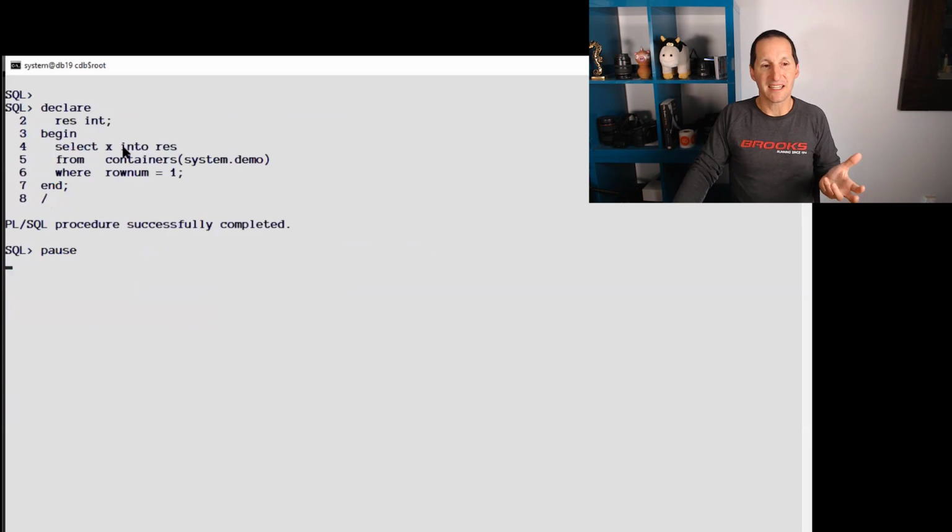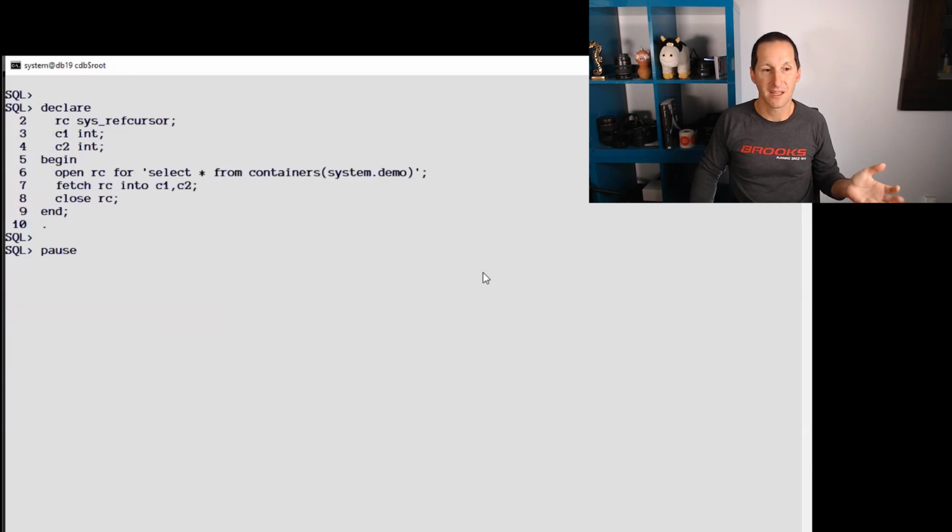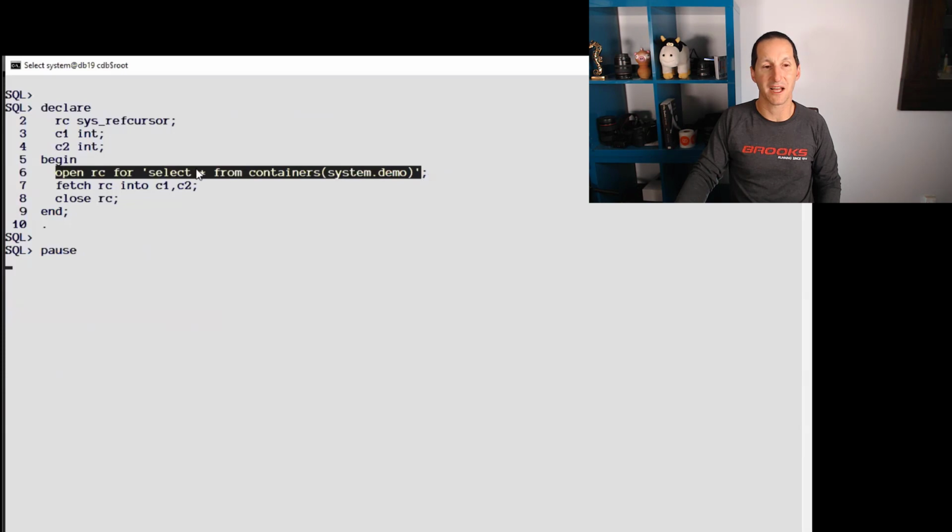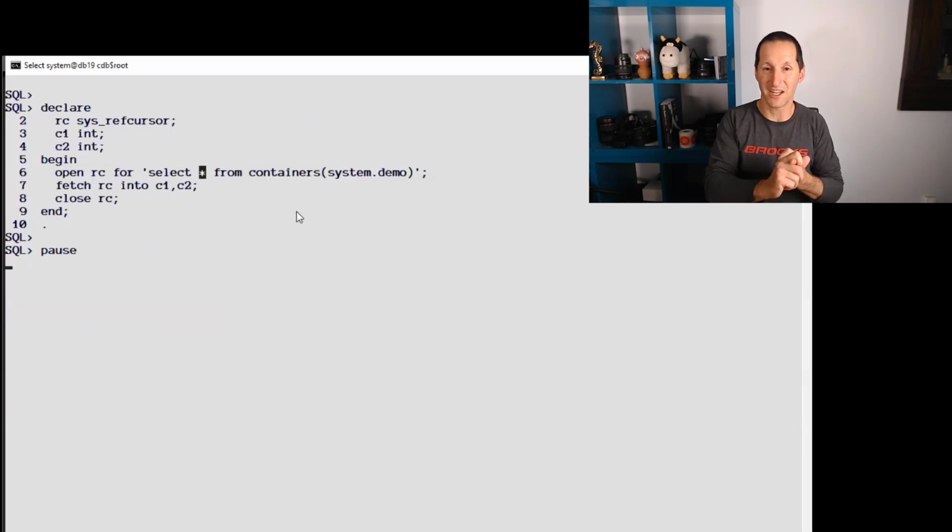So interestingly, if I just refer to the actual true column in the table, then PL SQL is fine. If I actually want to reference that con ID column, so here's the exact same example we had before that disappeared off screen, but notice the key thing here is I've made it dynamic SQL. So I'm not actually compiling this particular SQL, I've made it dynamic. So it's actually a string, I'm doing select star, so it should give me the con ID and the X column, and I can fetch it into C1 and C2. Let's see if it works,